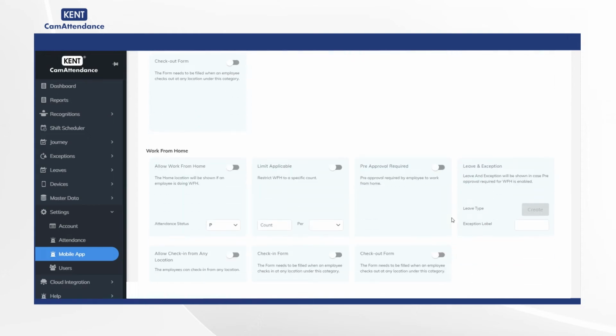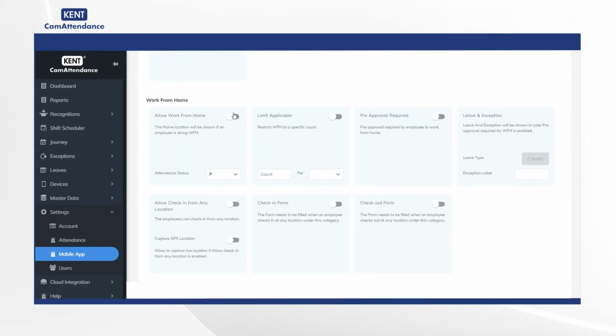Now, under Work from Home, turn on Allow Work from Home and add WFH as Attendance Status. Then under Limit Applicable, add 2 and choose per month. Then turn on Pre-approval required and in Leave and Exception, select Leave type as Create and add Home in the